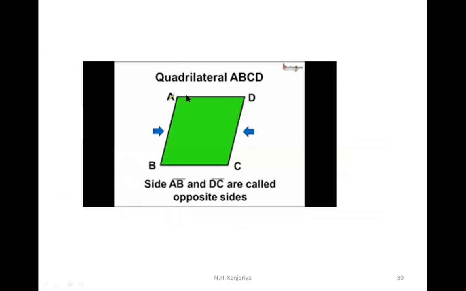If you have a quadrilateral, this is the adjacent side. AB is adjacent to BC. AB and BC both are adjacent sides. You can say AB and AD are also adjacent sides. Adjacent sides are next to each other; if they touch and have a common point between them, they are adjacent sides. Opposite means sides facing each other. So what is opposite to AB? CD. So don't get confused between opposite and adjacent.